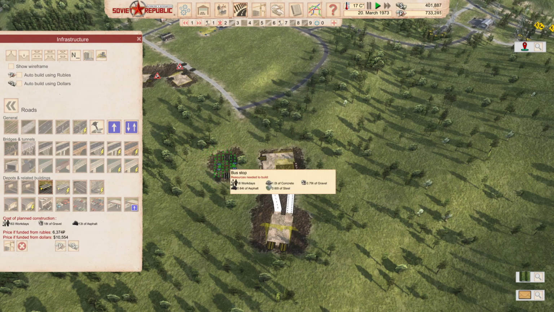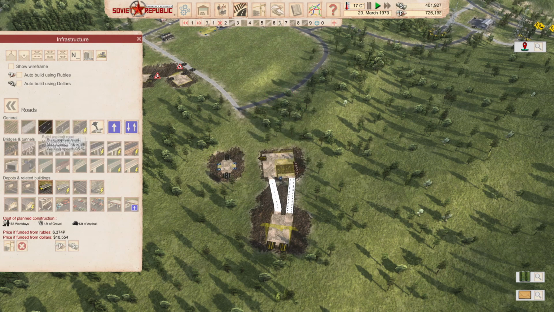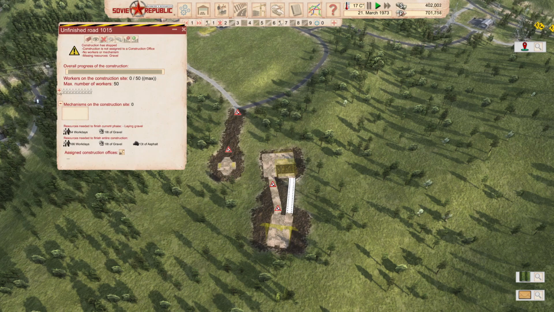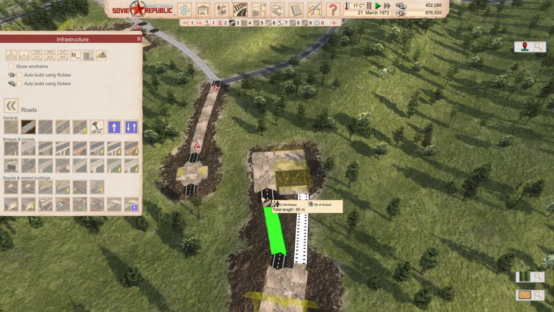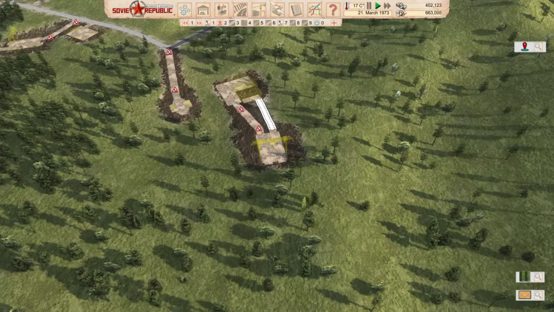Maybe. And then, of course, we'll need to put a road in like that. So, okay, I think we'll just go with the gravel in here. In fact, I think this is asphalt, isn't it? Okay, let me just remove that. Yeah, I think here I can get away with gravel roads up here. And then